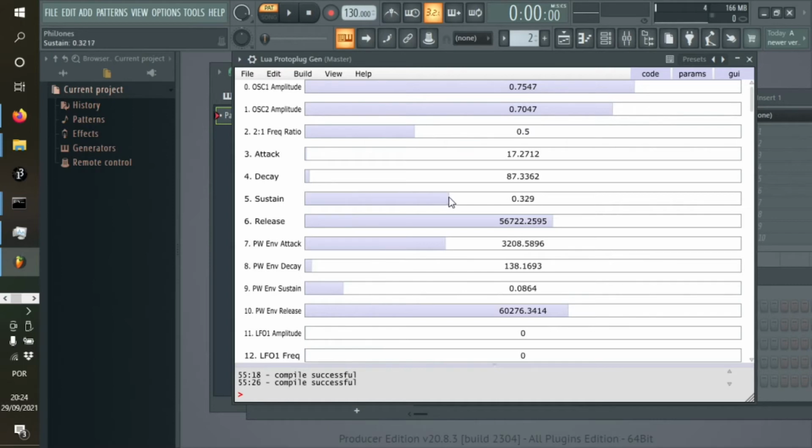Never gets very loud. Instead, we'll have a release phase. So we'll take the release down. If I hold it down, it plays. But the moment I let go,